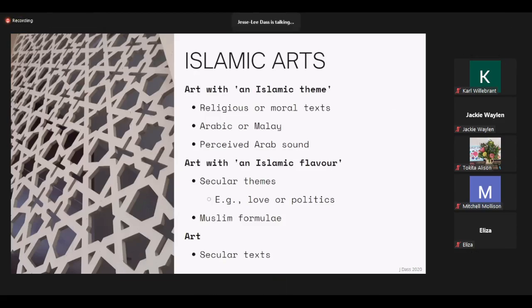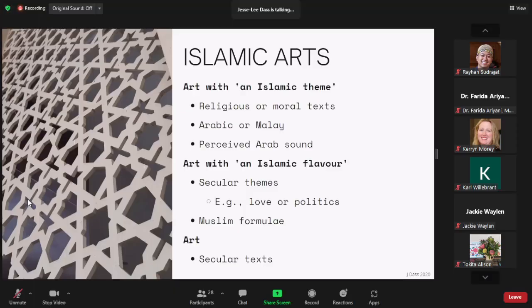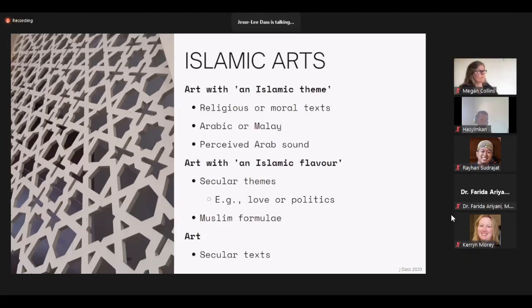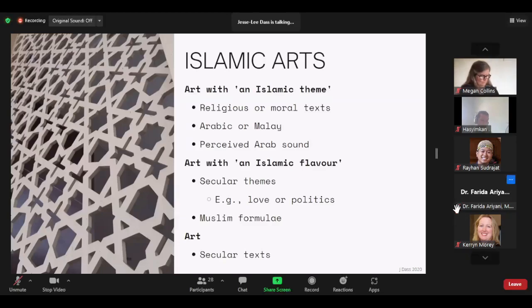Kesenian yang bernafaskan Islam, or art that breathes with Muslim flavor, have secular themes, often about love or politics, but follow Muslim formulae at the beginning or end of performances, such as the confession of faith or the phrase Assalamu alaikum. These arts invoke a social imagination of the Arabian Peninsula and the culture in which Islam originated.